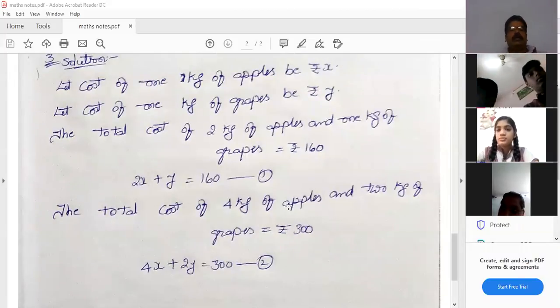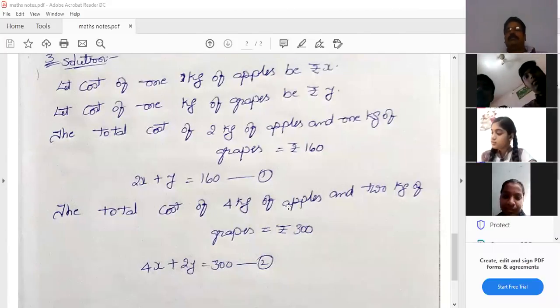Third solution you can copy. Amma, there 1 kg only. Again, I wrote one, I strike off. Already I wrote one now, that's why I put the number. I strike off that number in the first line. Let the cost of 1 kg of apples be X rupees. Write down, Amma, fastly. This is exercise 3.1, Amma.